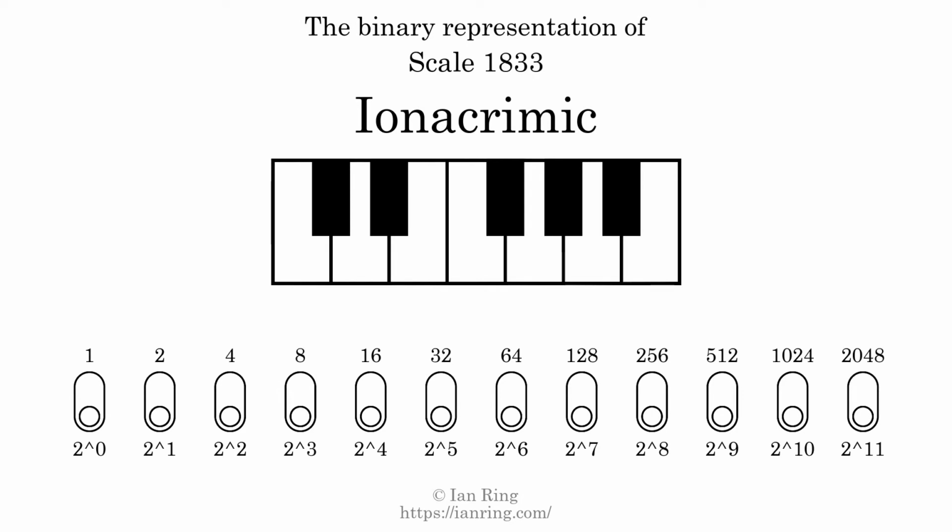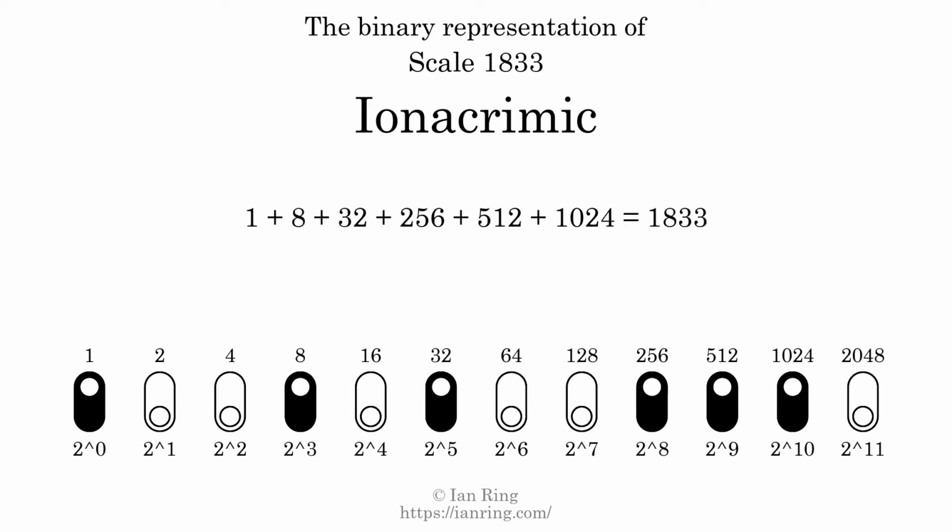The binary representation of this scale is determined by mapping tones of the scale to binary digits. Each binary digit represents a power of 2. To get the scale number, we add the powers of 2 together. The powers of 2 that are present in the scale, all added together, equals 1833. That is why the scale number, in decimal, is 1833. The scale number not only enumerates the scale with a unique index, but it also literally describes the tonal content of the scale. Represented as a binary number in base 2, the scale number is